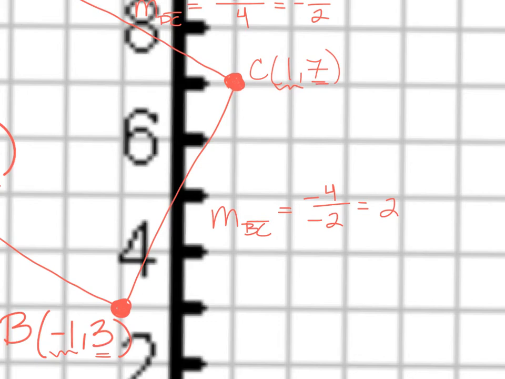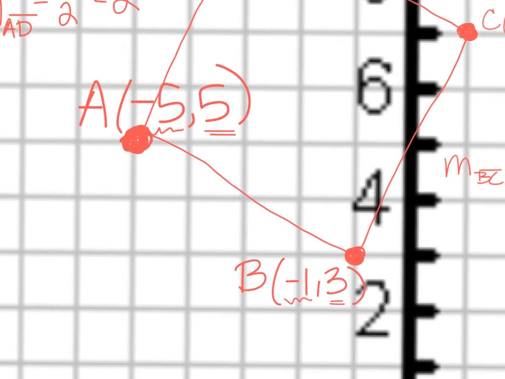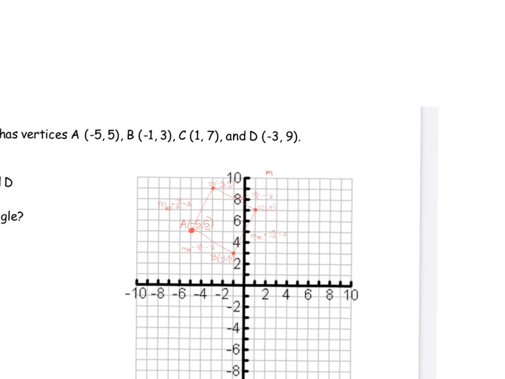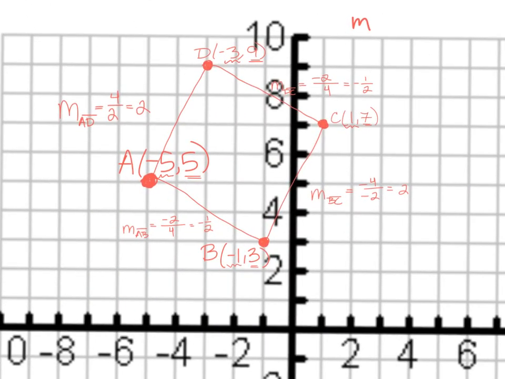Looking good so far. And finally, AB, I have a slope of AB. My rise from 5 to 3 is down 2, and my run from -5 to -1 is forward 4. So my slope is -1/2. So if I zoom back out and look at this full